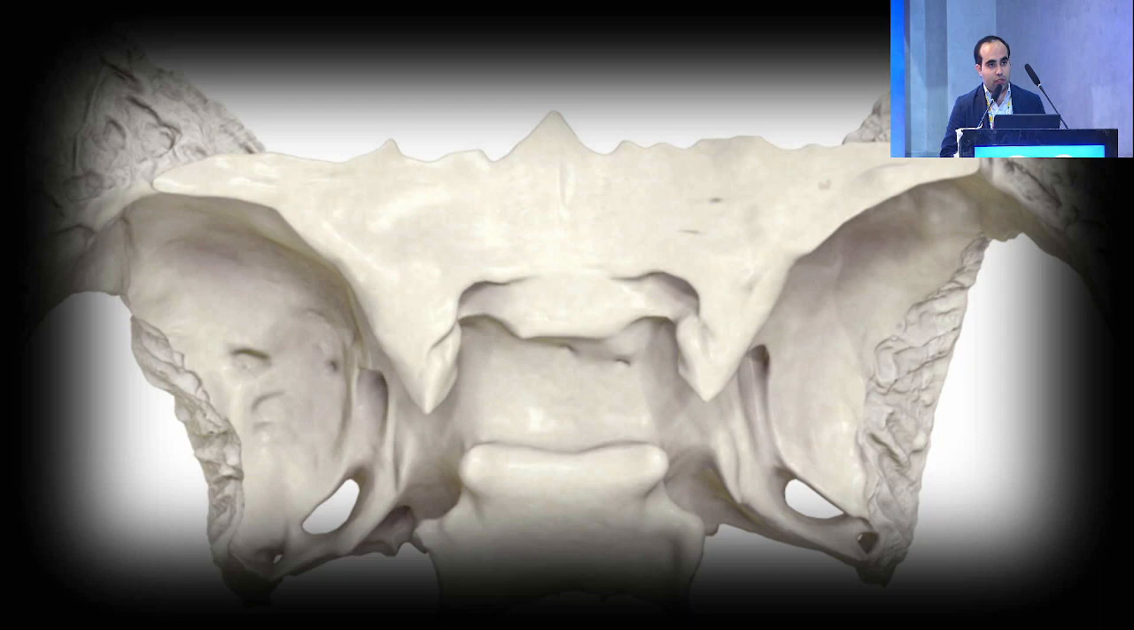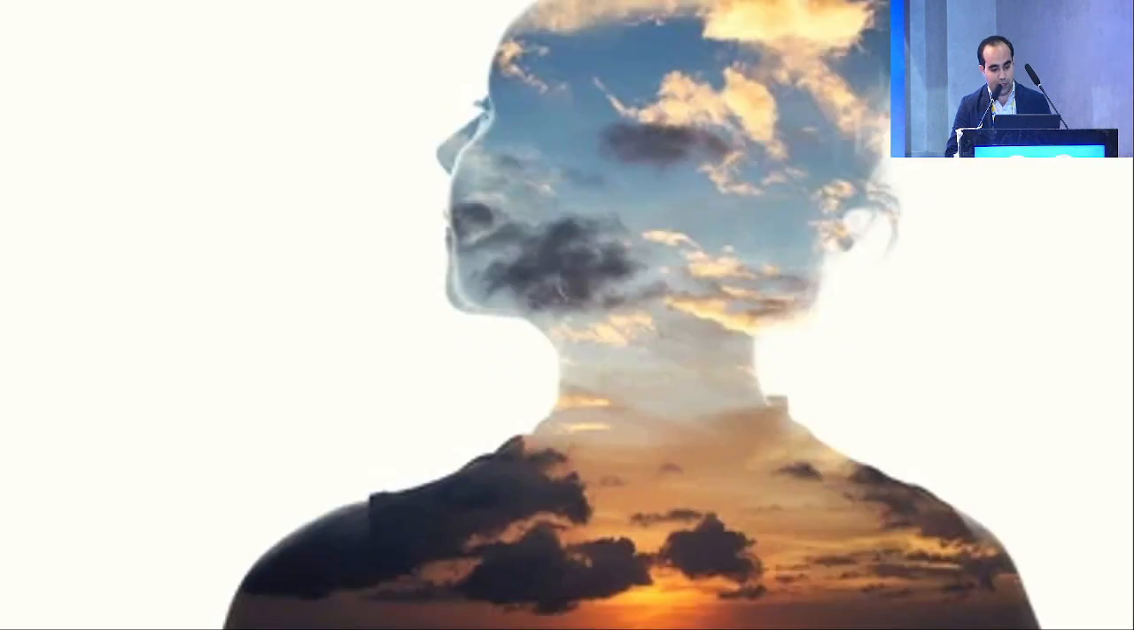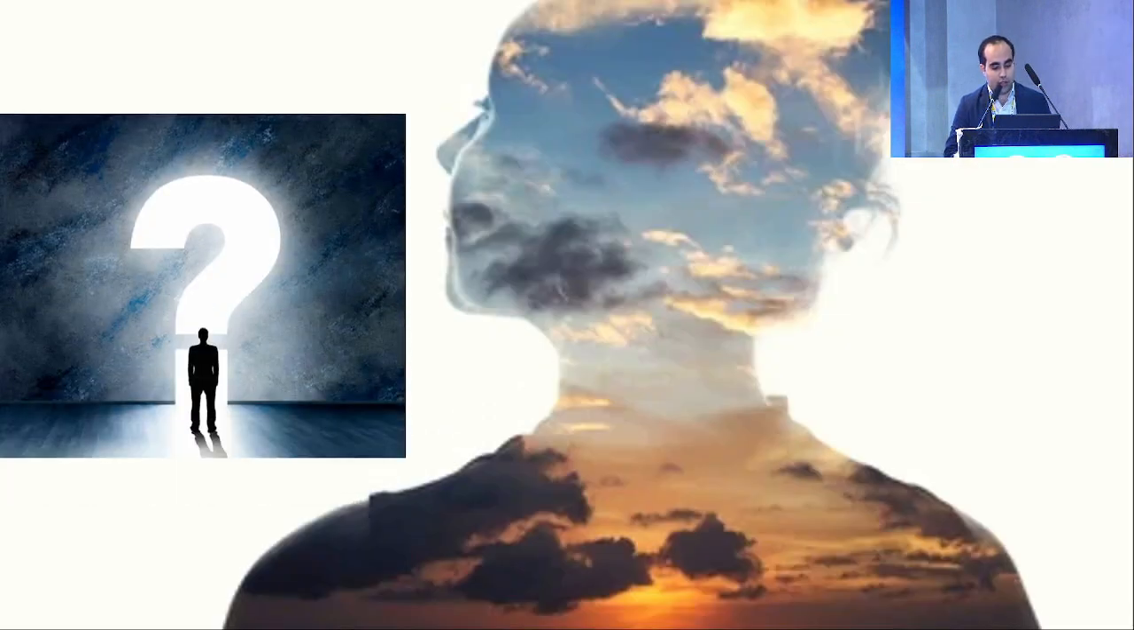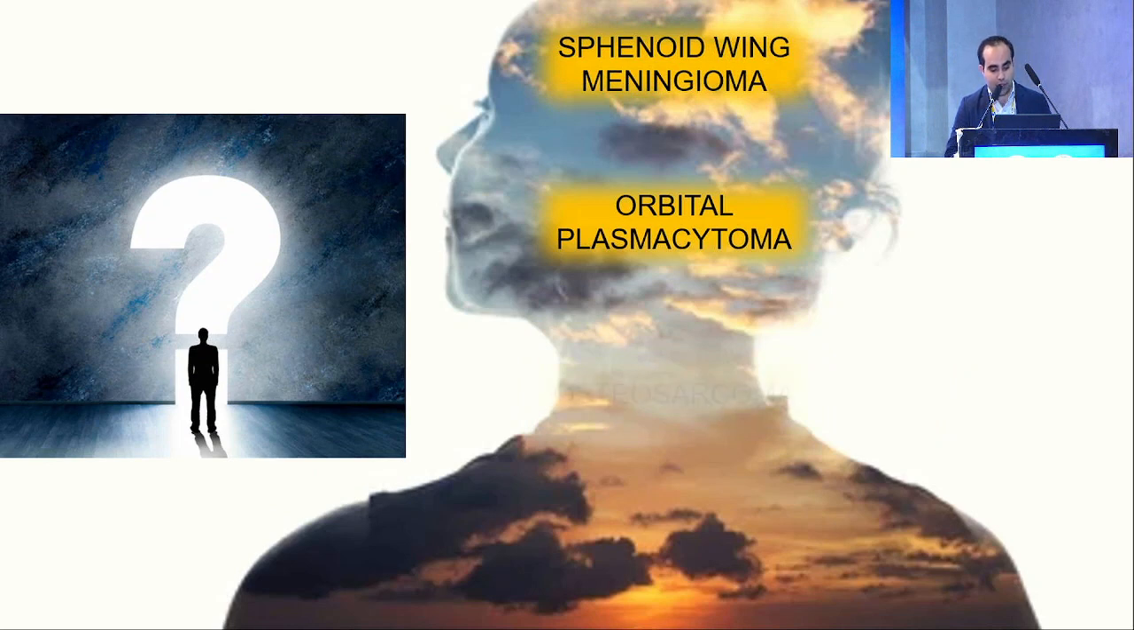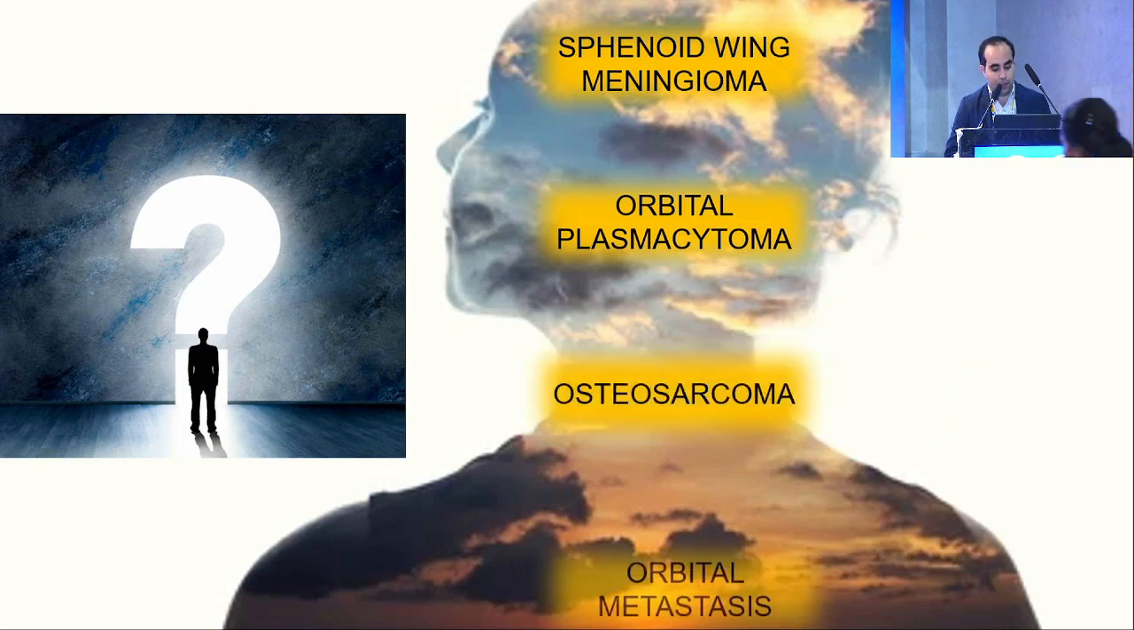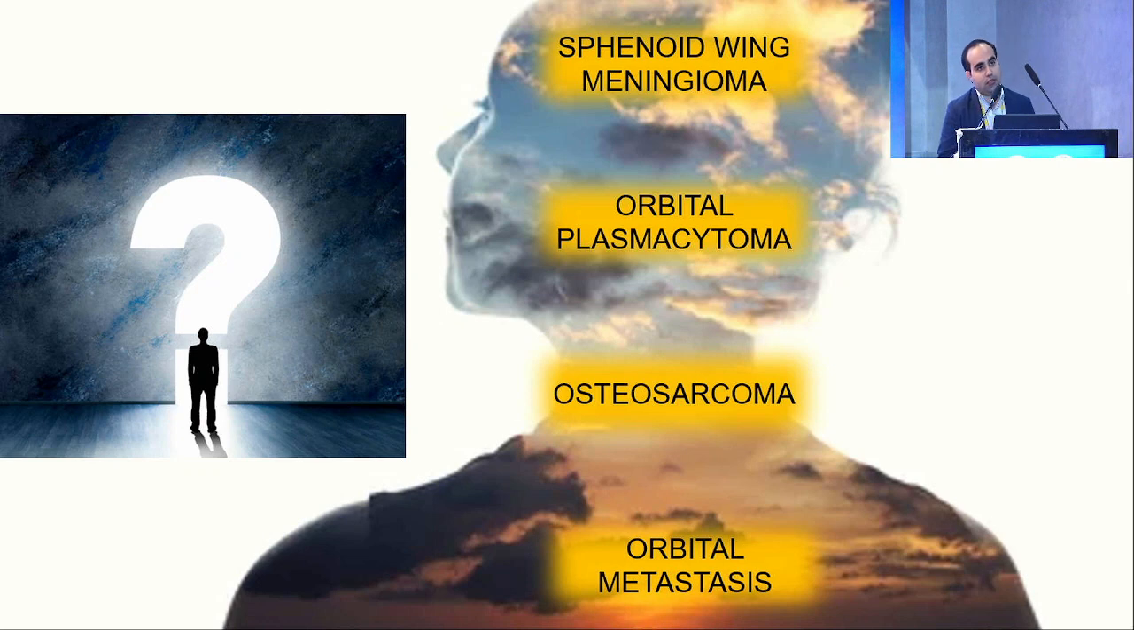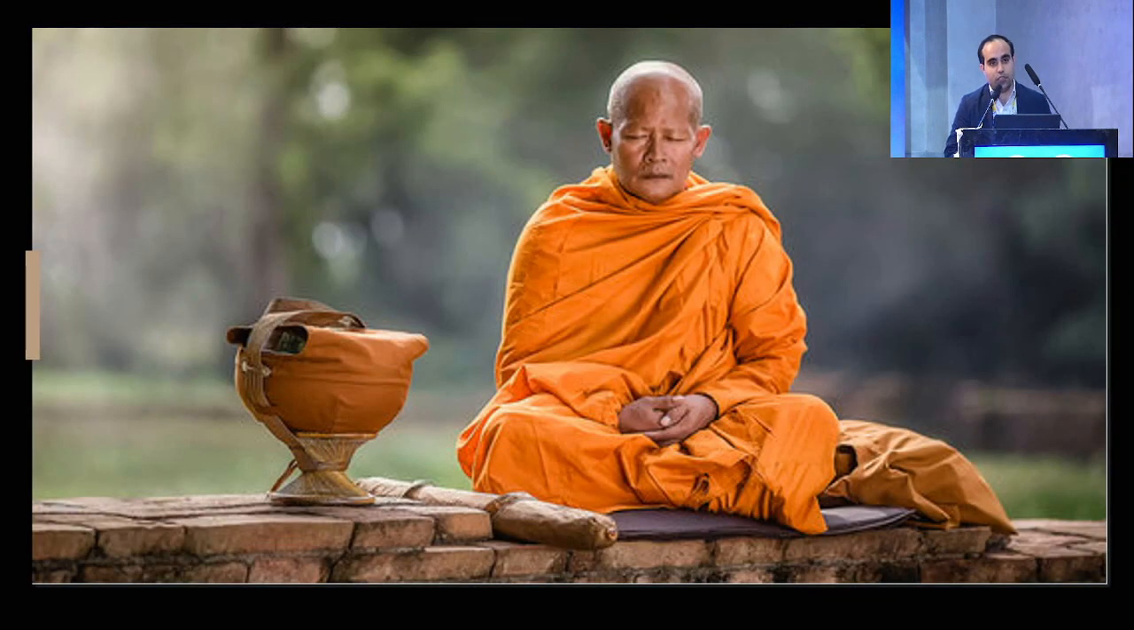With this, we clinico-radiologically think that this is a lesion which is centered at the sphenoid trigone. The possible differentials with lesions centered on the sphenoid trigone could be a sphenoid wing meningioma, second is orbital plasmacytoma, osteosarcoma, orbital metastasis, and barring this age group, it would be a primary neuroendocrine tumor. So when in doubt, it is always best to think calmly, and then we proceed with a